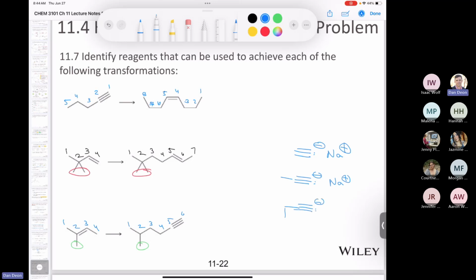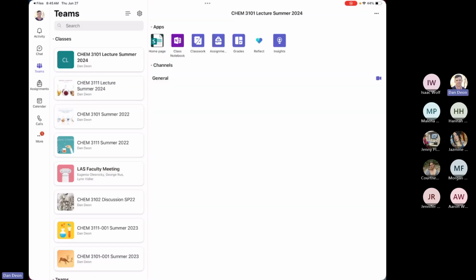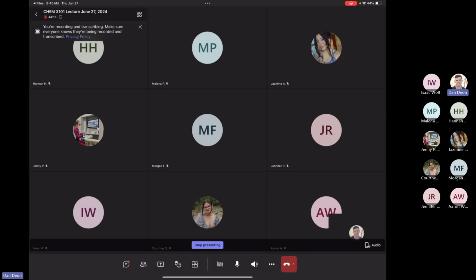If it's something small, you can assume that you have reagents like this and that they are commercially available. So keep that in your pocket, okay? Because you might need something like this or something like this to solve a couple of the problems in here. Okay, so what I want to do